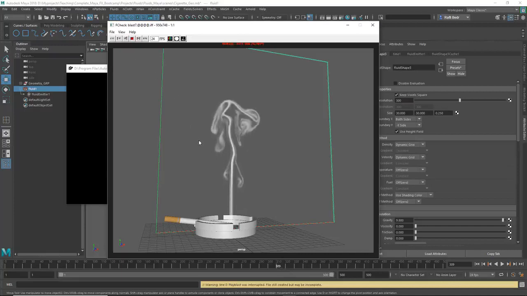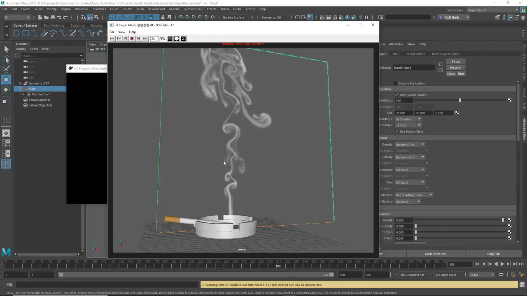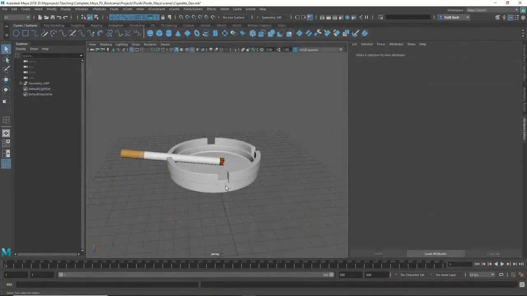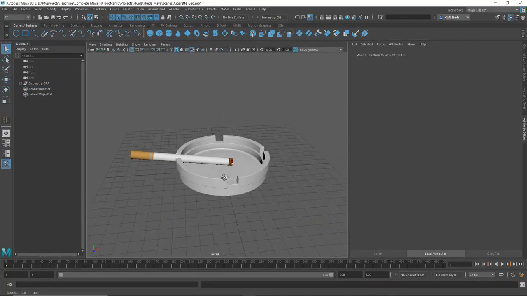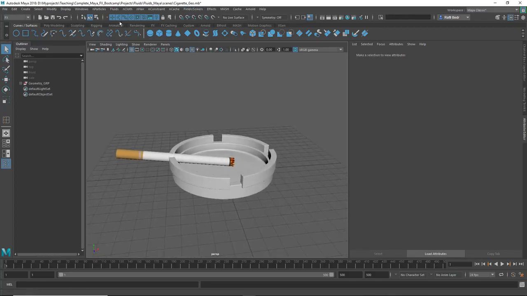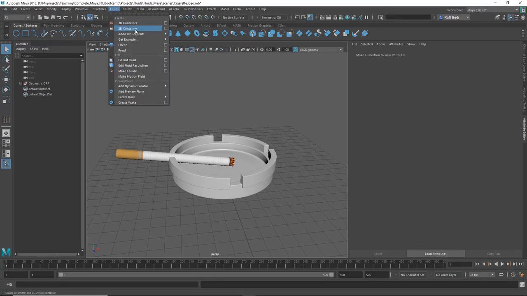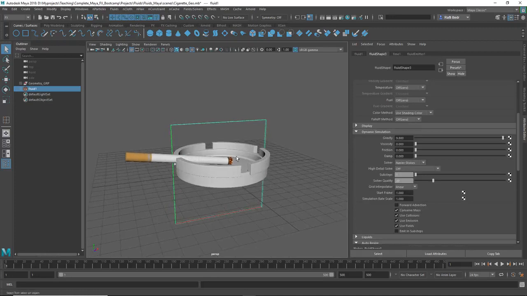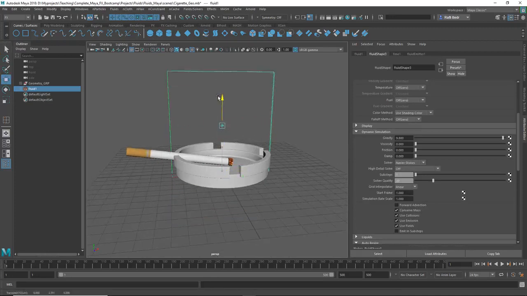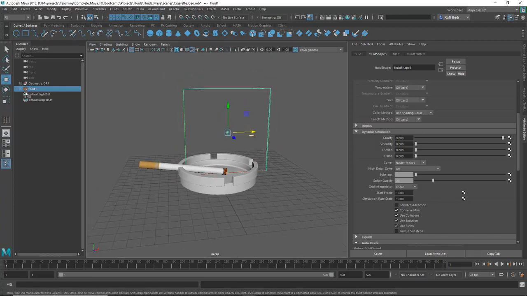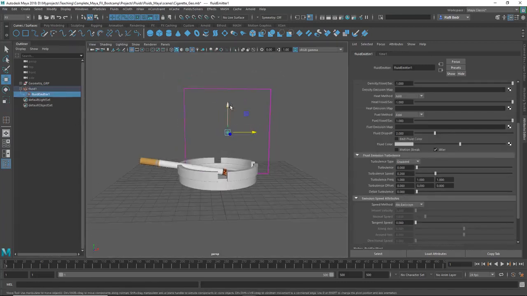In this lesson, we're going to learn more about fluid attributes by applying them to an example, which is cigarette smoke. So make sure you open the scene called cigarette geo. And now let's create the fluid. Let's go to fluids and click on the container because it's faster to calculate and it works okay with the example. So if I move that up, I need to go again to the fluid emitter